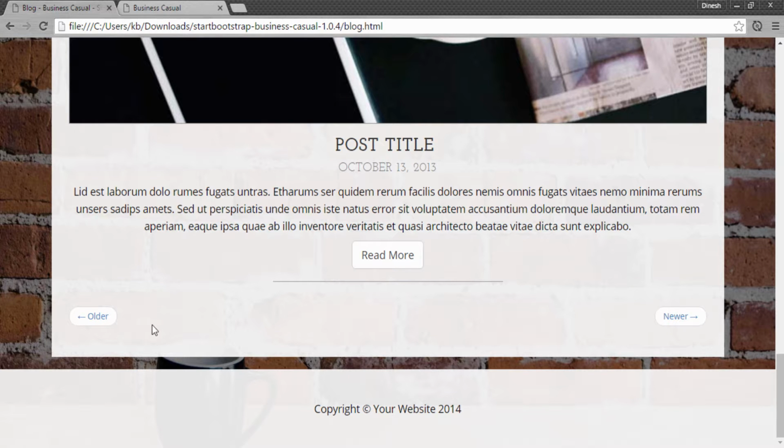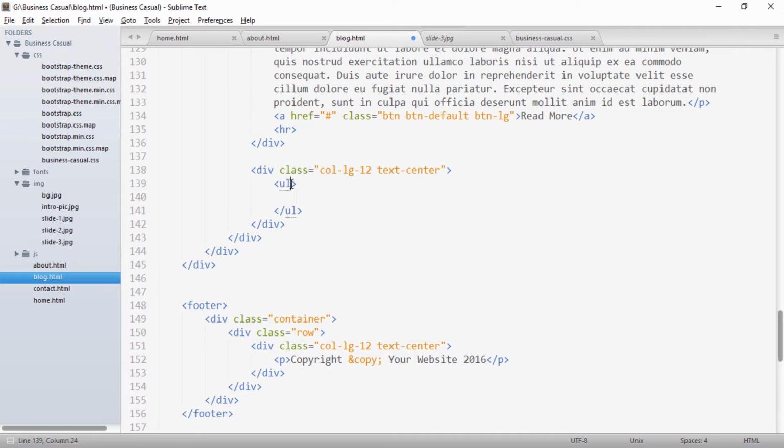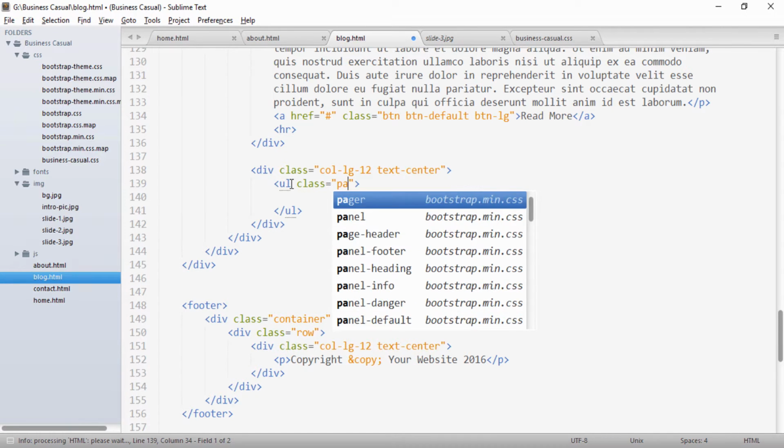So in order to create this pager we have to first create an unordered list. So inside this div I will be creating an unordered list, and to this we'll provide a class of say pager.